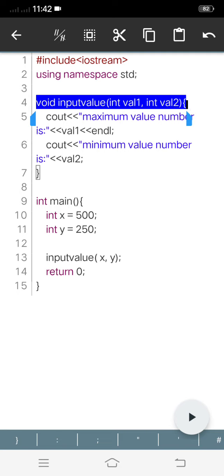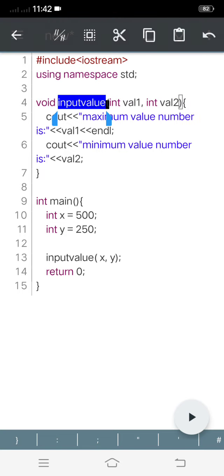Parameters act as variables inside a function. A parameter is specified after the function name, inside the parentheses. You can add as many parameters as you want, but just separate them with a comma. Then after we have written our declaration,